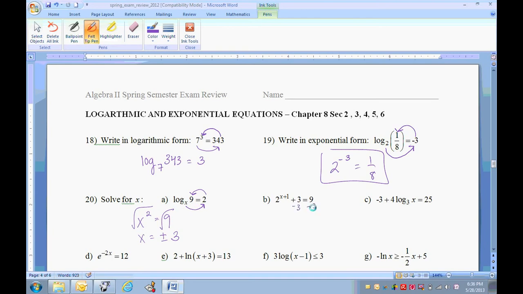We're going to subtract 3 from both sides first, and you're left with 2 raised to the x plus 1 equals 6. Then we have to log roll. So we're going to start with our base, pick up the 6, and then go back to x plus 1. So it's 2 raised to the 6 equals x plus 1. Well, 2 raised to the 6,